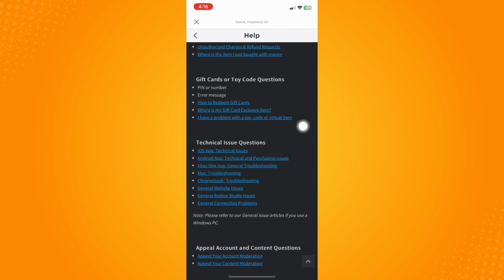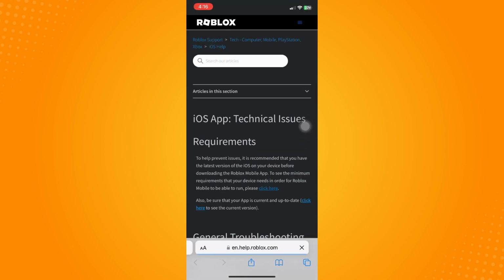So if you're using an Android, then tap on Android app technical and purchasing issues. And if you are having trouble using your iOS or an Apple product, then tap on iOS apps. For me, I'm using iOS, so I'm going to click and go to iOS and scroll all the way down